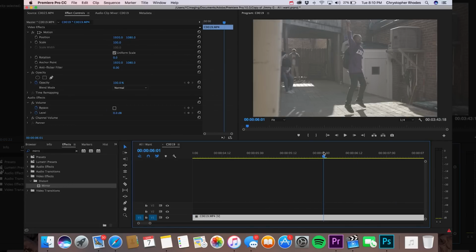The next effect that we're going to be diving into is the mirror effect. I know that this is not new by any means, and it's been around for a while, but I'm sure there are a lot of people who don't know how to use it, and I'm going to show you all how I use it, just a different way than a lot of people that I've seen use it.